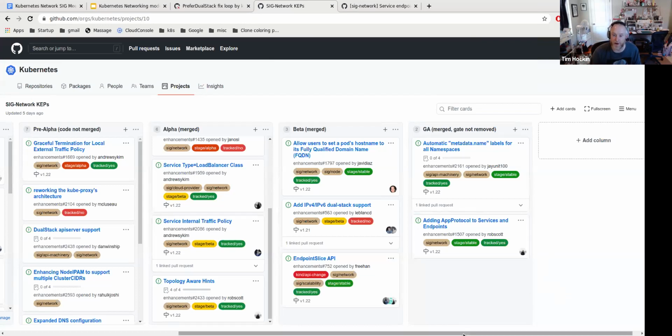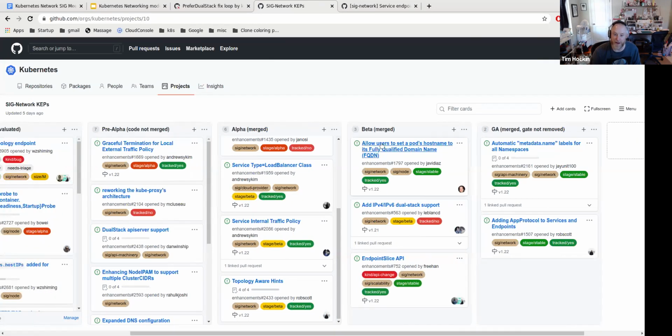And then I started verifying them. I started from GA backwards. So everything that's in the GA column, I can confirm. I looked at the gates that are associated with these KEPs, and they are in fact GA, just waiting to be removed. Everything that's in the beta column in fact has its gates in beta and is potentially moving to GA this cycle, but is currently in beta as of master last week.